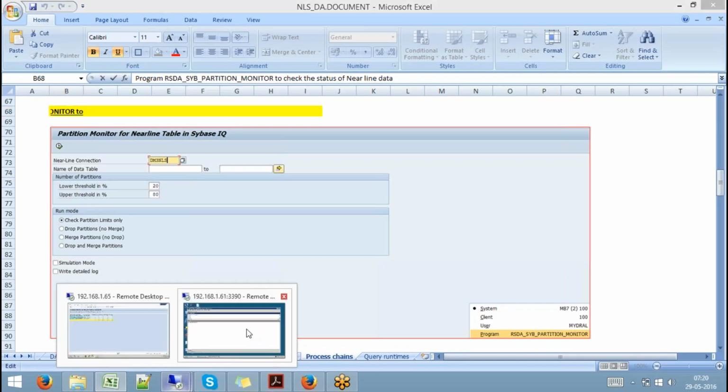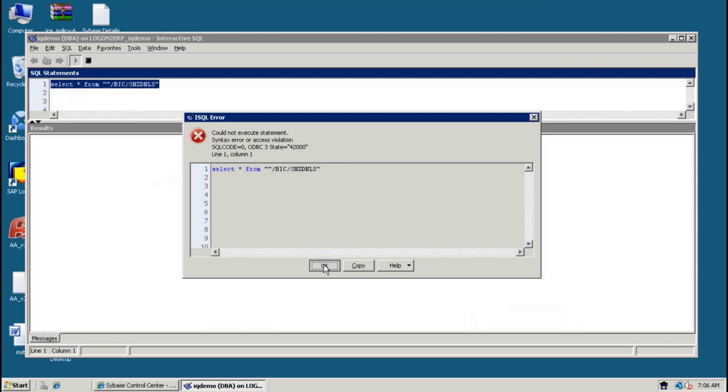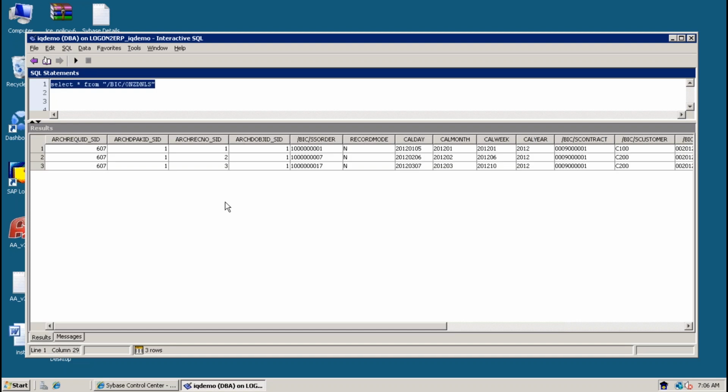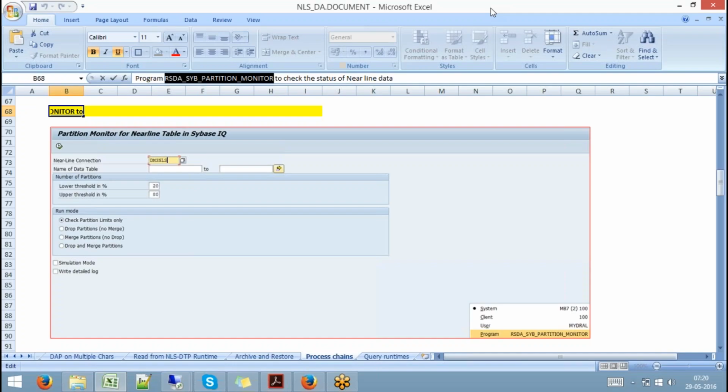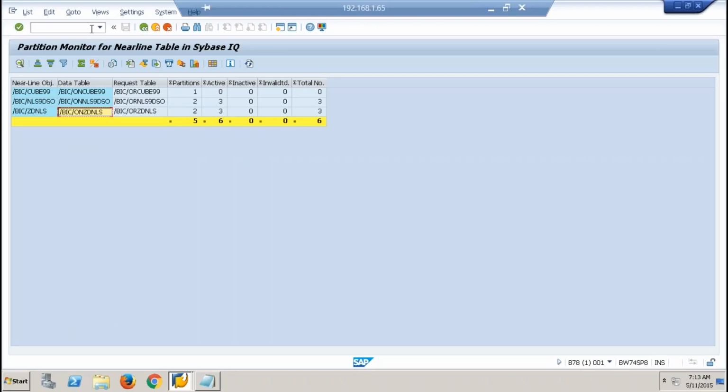Now go to the IQ. See, now when I look at this table data in our IQ, I can see the 3 orders of year 2012 in it. Same way, if I archive this again,